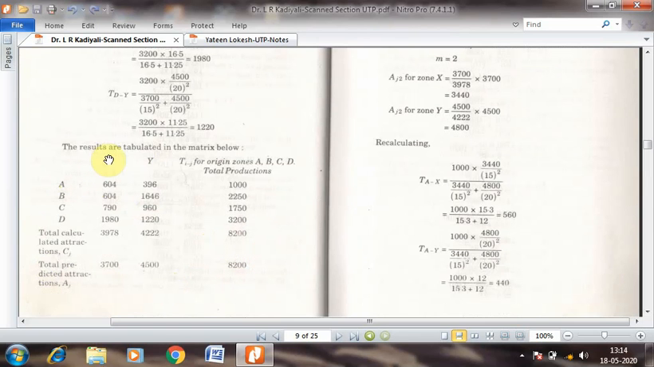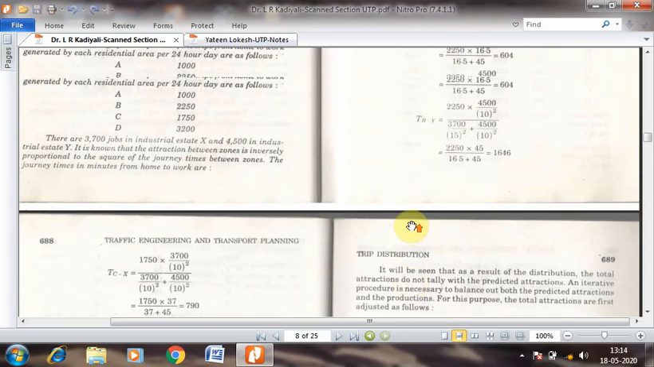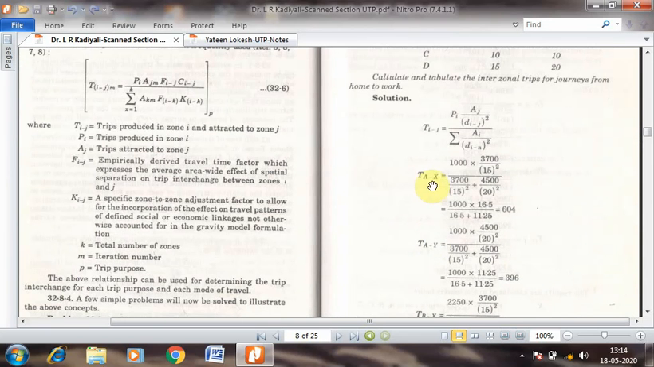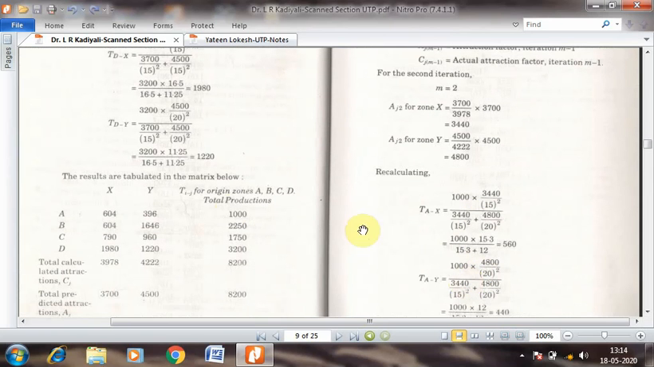So from A to X, you had got TAX as 604. You can go back and see it is 604. Like this, for every trip category you need to start tabulating the contents. So this is the matrix wherein you have TA to X, TA to Y, TB to X and then B to Y, C to X and then C to Y, D to X and then D to Y. Okay, so once this is done,